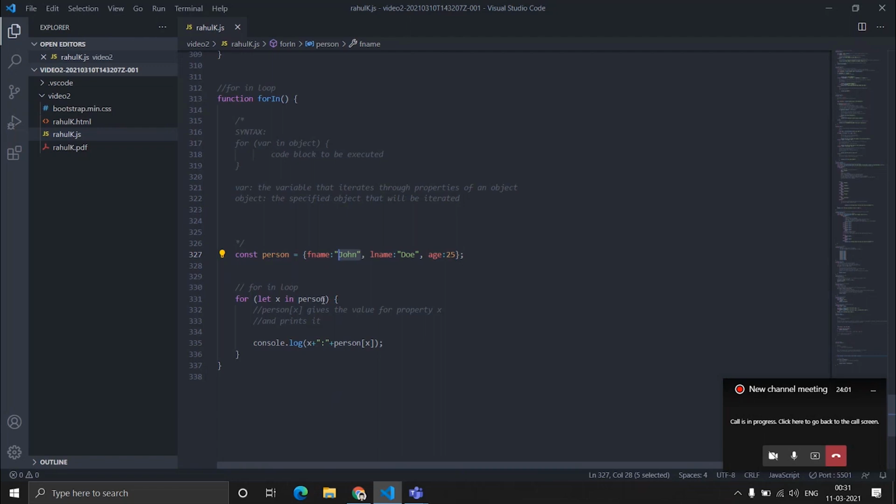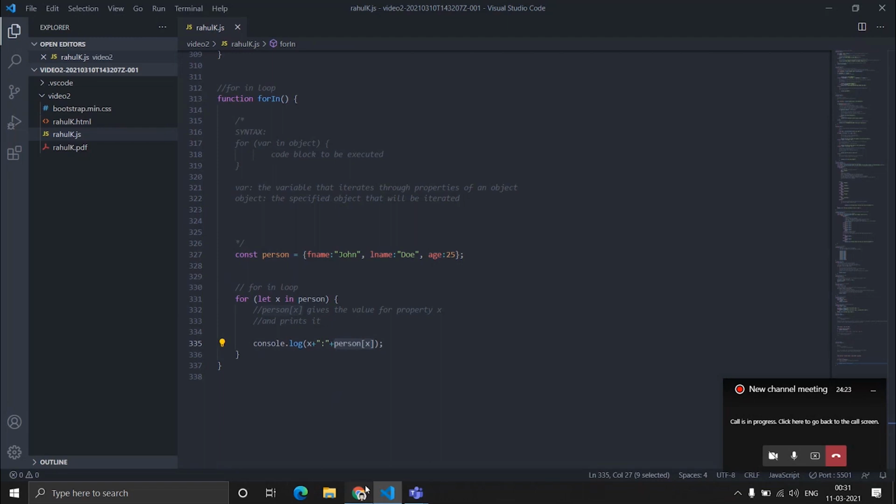So let x in person. So x are these keys mentioned in our JavaScript object. And if I want to know the values associated with a key, I can do person of x. So this will print the key along with the value associated with that key.